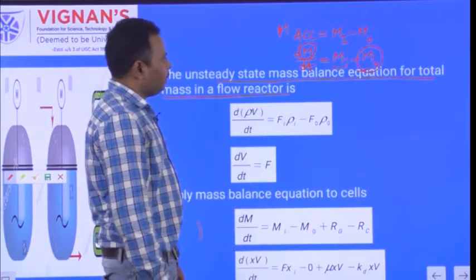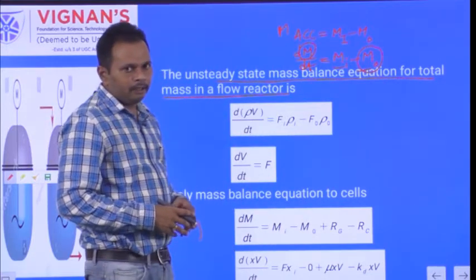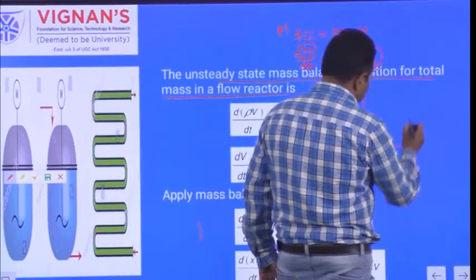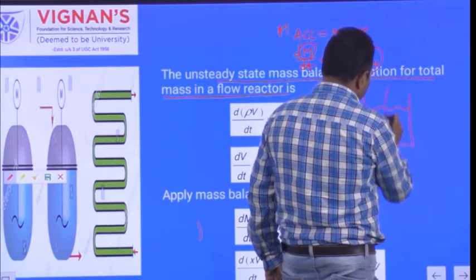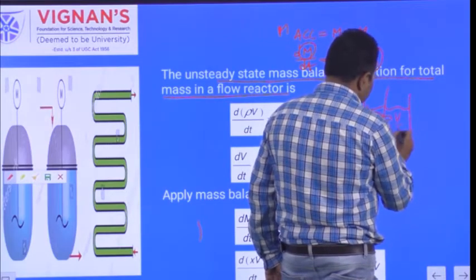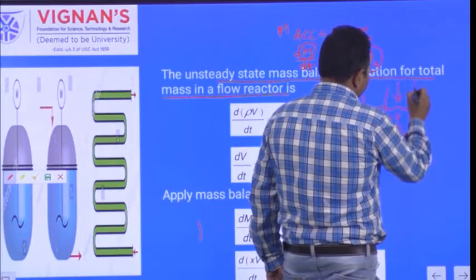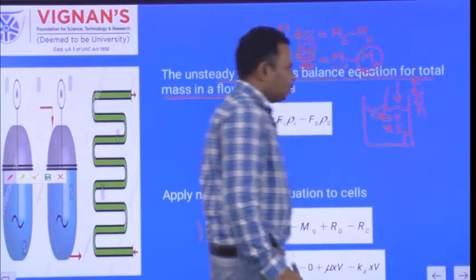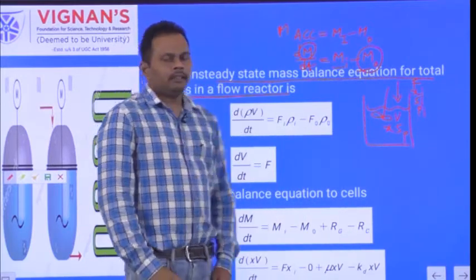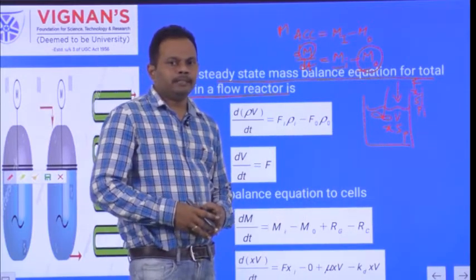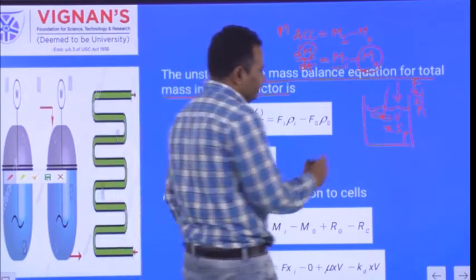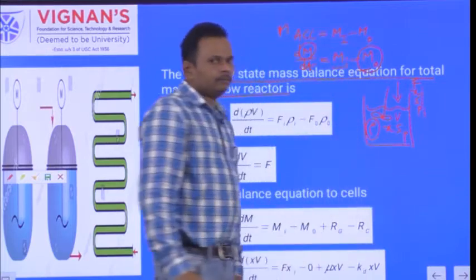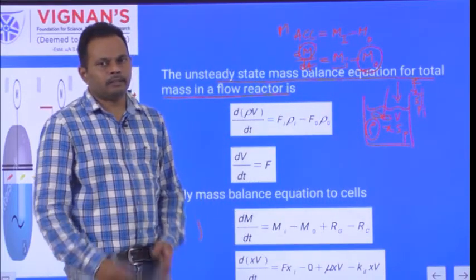To find out the total mass accumulated within the fed batch fermenter, here is the fed batch fermenter. The fermenter conditions are given as V, X, S and P, and here we are adding feed F, with input conditions Xi, Si and Pi. To find the total mass accumulated within the fed batch fermenter, assume the density of the fermentation broth is rho.